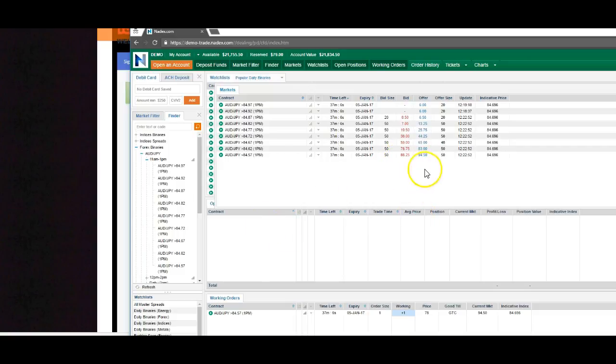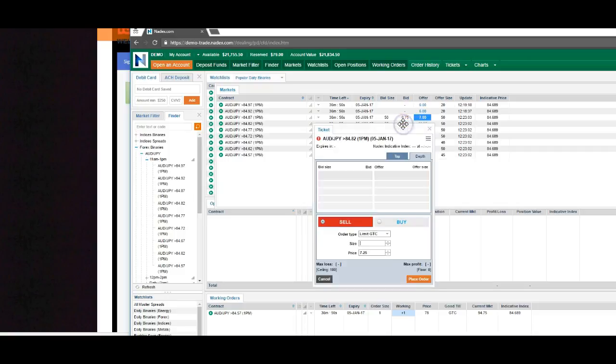Now, if we were doing a working order on the actual bid side, let's say it was a sell and we wanted to do a working order, let's say up around this area, we would come in and put 1 as the contract size. And then for the price, the amount you want to make. So here would be $22. Since it has to equal 100, you can see your max loss is $78 right here. And that's how you put a working order on the